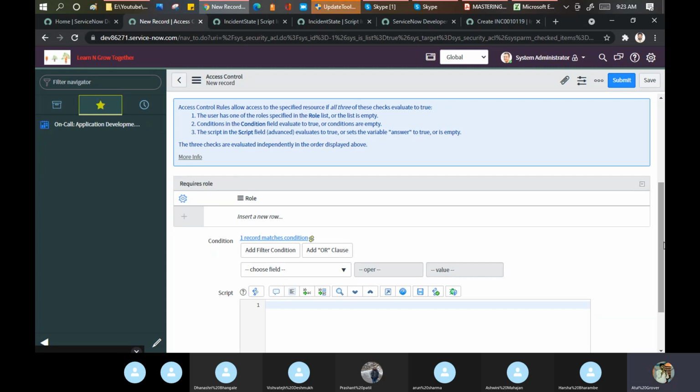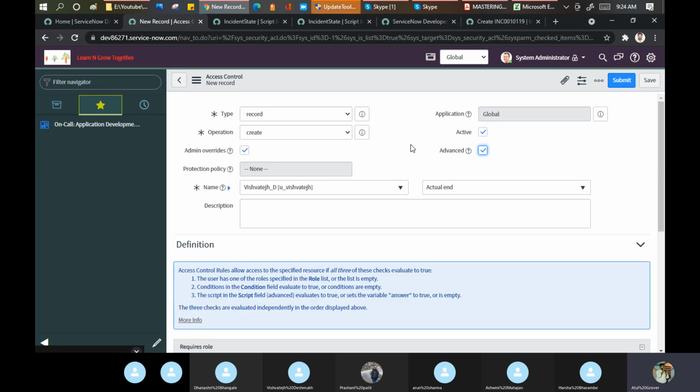In this case, I am defining a rule of who can enter. Any user who has the ITIL role, or any user who has the admin role, or any user who has the change manager role can do this operation. This is the place that defines who can work on these things, because for the rest of the public, you are restricting, right?